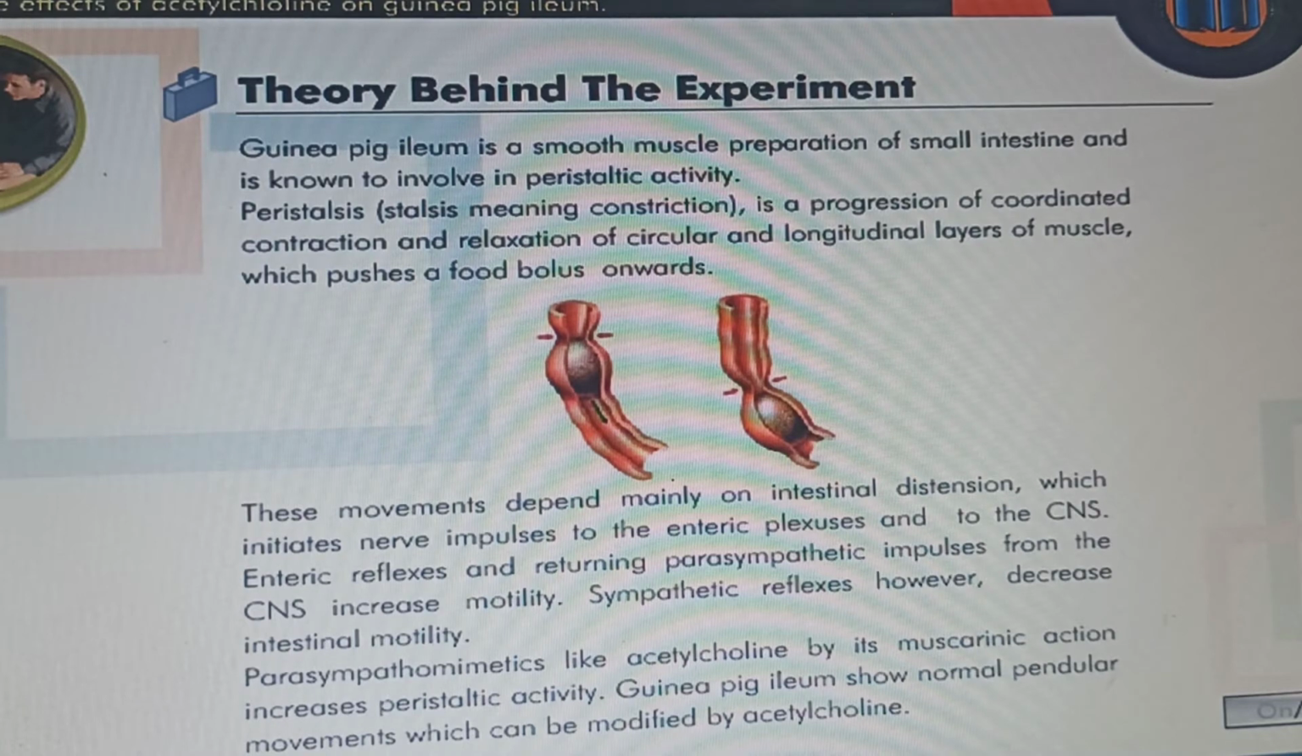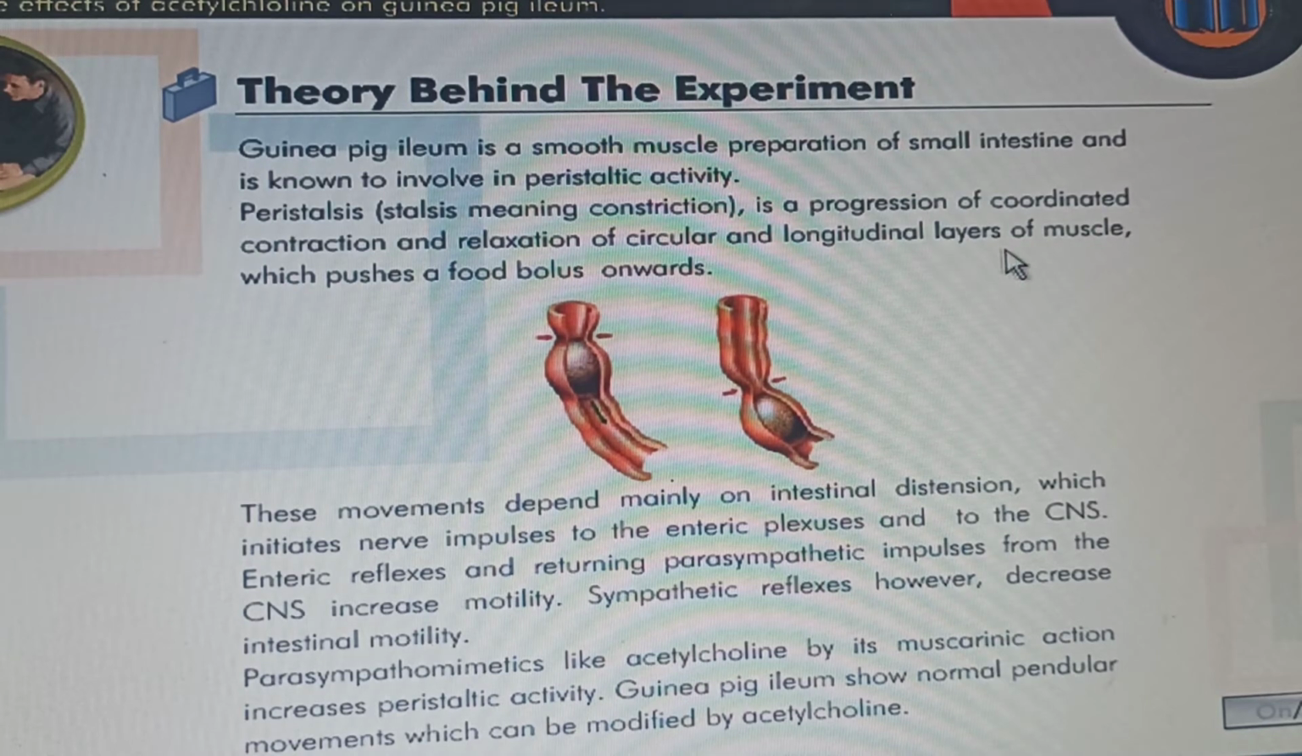Guinea pig ileum is a smooth muscle preparation of the small intestine and is known to be involved in peristaltic activity. Peristalsis, stalsis meaning constriction, is a progression of coordinated contraction and relaxation of circular and longitudinal layers of muscle which